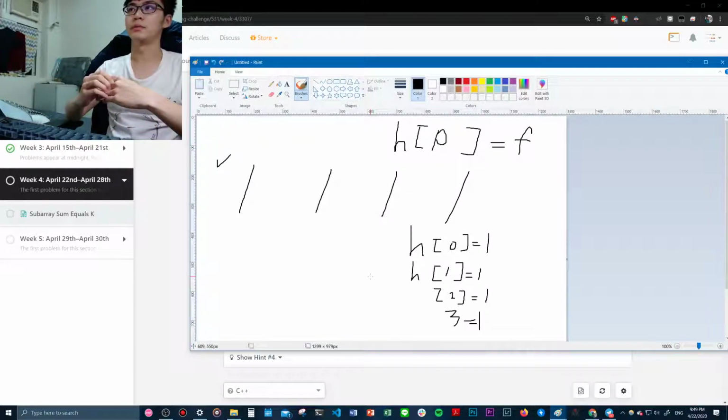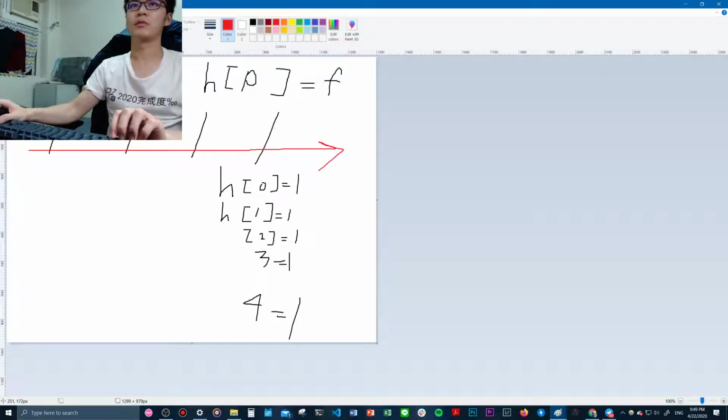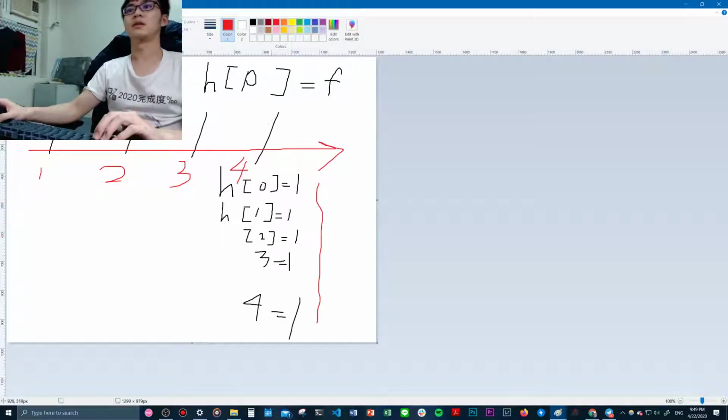Okay, so while we are iterating this array from the first element to the last element, we can use a variable called prefix sum. So the prefix sum now is 1, 2, 3, and 4. So once we hit a prefix sum, we add into the frequency here, and then if we find a key exists in that prefix sum unordered map, then we can increase the total result by the value of